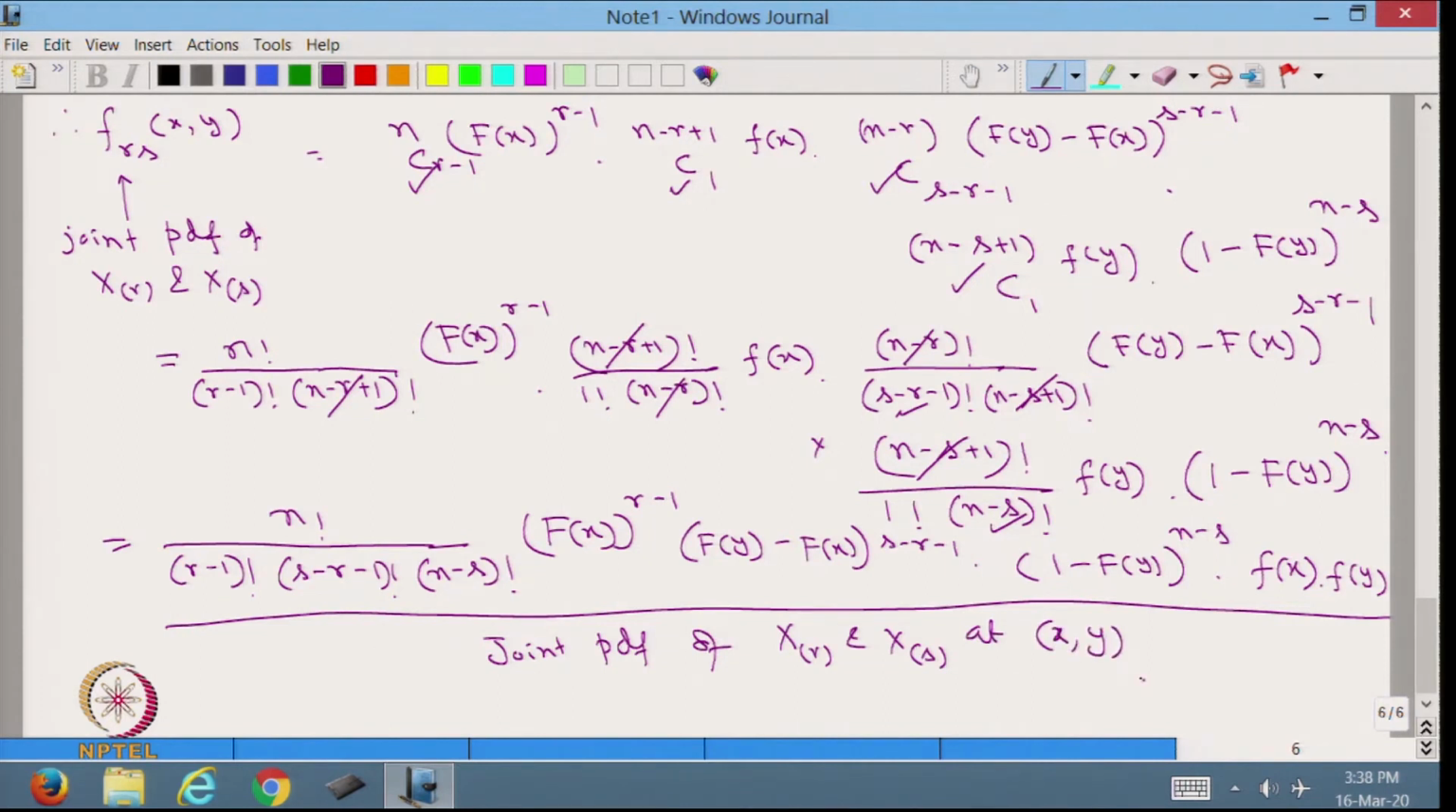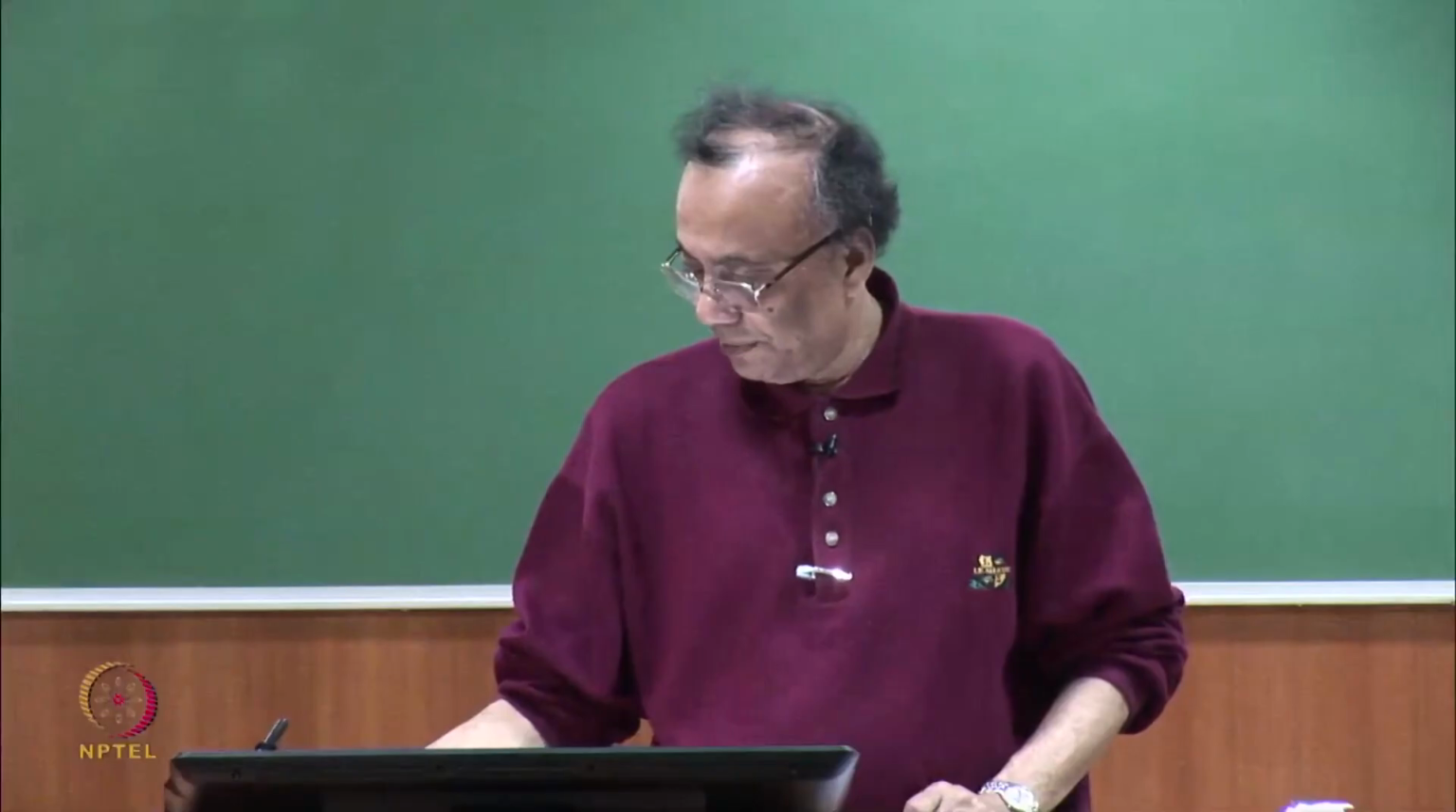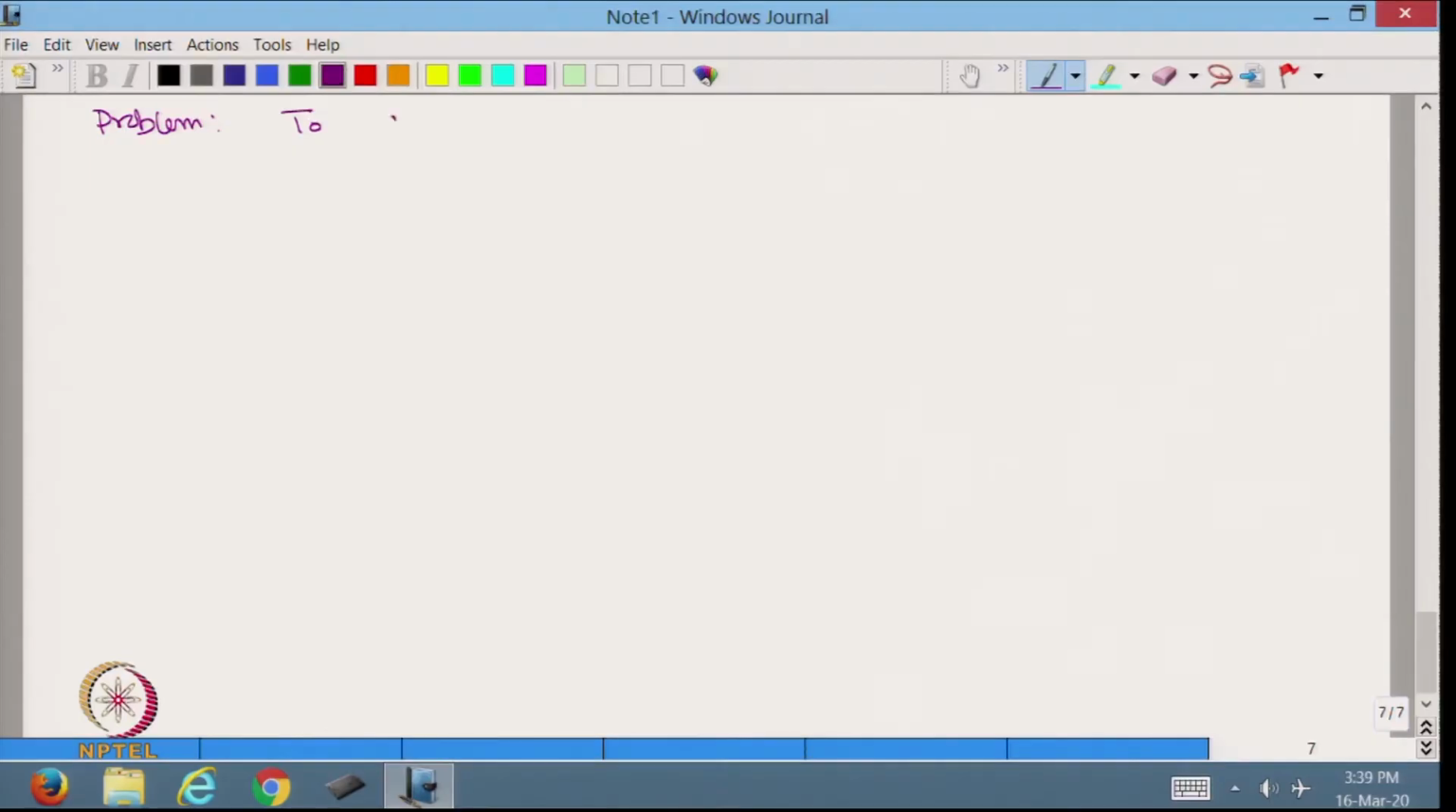We are not going to give the mathematical proof. We have already understood the approach. Therefore, from there we are going to solve the problem. The problem is to compute the expected value of X_n minus X_1, that is, the expected value of the range. Therefore, what we do is